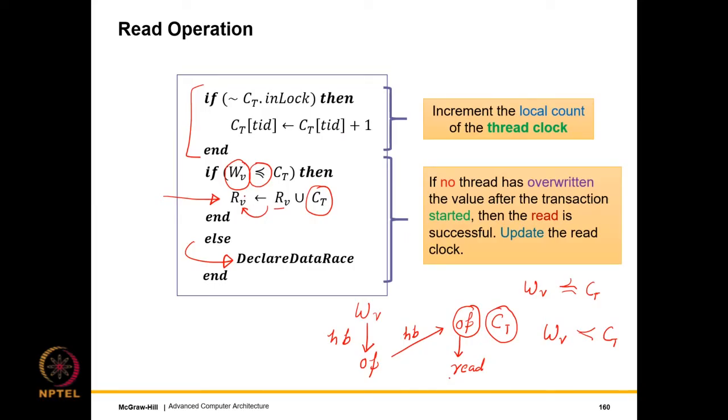Furthermore, we timestamp every read operation, so that if tomorrow there is a write, we can find if the read and write were causally related or not. Like in this case, if the write and the timestamp of the thread, which is when it acquired the lock, are not causally related, which means we don't have an interaction like this, where there is a synchronization edge and then we read, then we can say that there is no causal relationship, there is a data race, and we can quickly declare a data race over here.